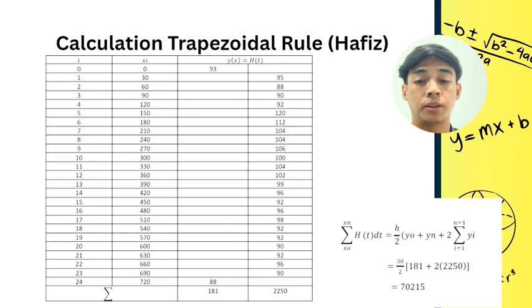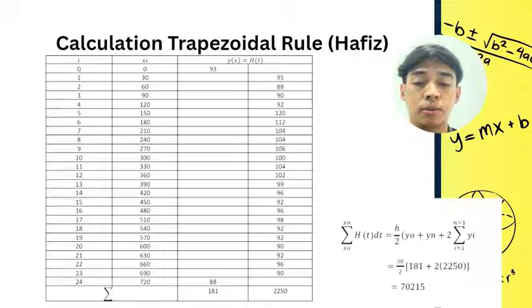For this part, we calculate the cardiovascular workload of subject Hafiz using the trapezoidal rule. The workload is defined as the integral of heart rate H(t) with respect to time. Since the data is recorded at 30 second intervals, the step size is h equal to 30 seconds. Using the trapezoidal formula, the first and last heart rate values are 93 BPM and 88 BPM, giving a sum of